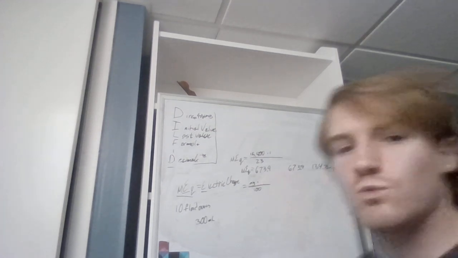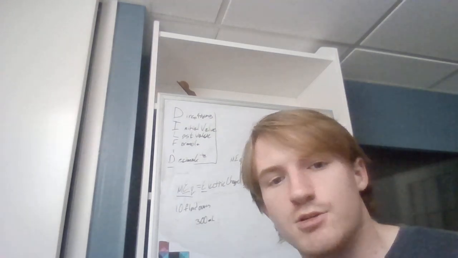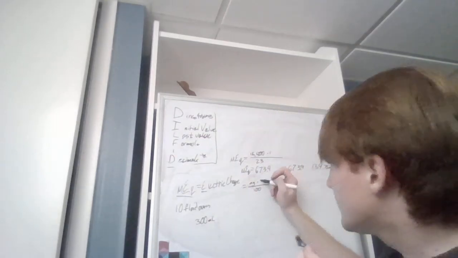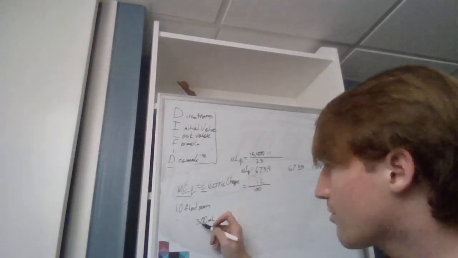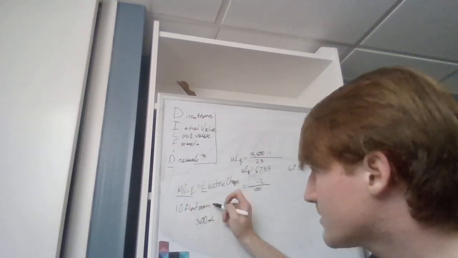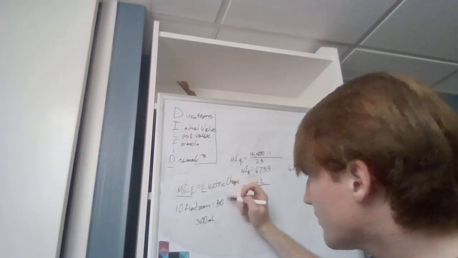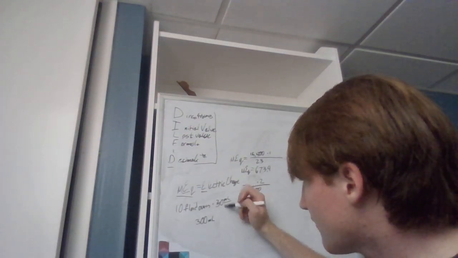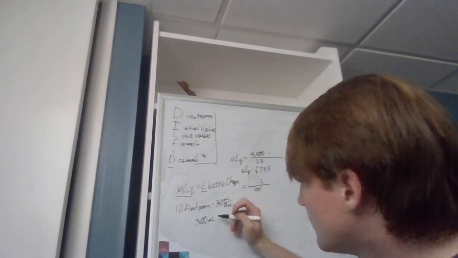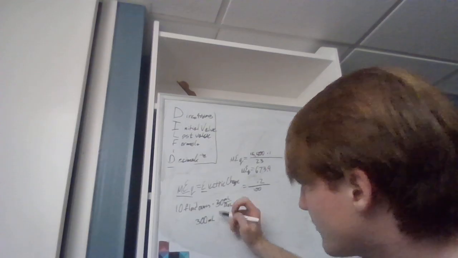Our valence, what is the largest molecule in the solution? Calcium and carbonate both have charges of -2. So we're looking at 2. And now we need to find the milligrams. So 300 ml from 10 fluid ounces times 30 ml per fluid ounce. 300 ml times